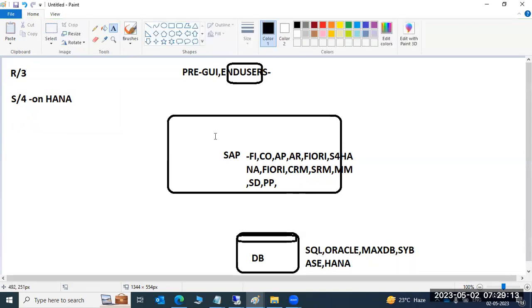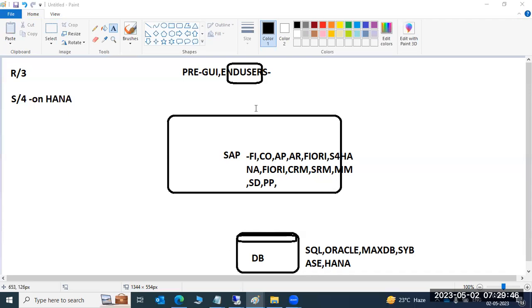That's why, as we are using the SAP application, you have to use the SAP-related database only, which is the HANA database, not SQL or Oracle company databases. So from the database perspective we are using SAP, and from the application perspective we are using SAP. Only from the operating system perspective we use either Windows or non-Windows, which is not related to SAP. Not sure, in the future they may come into this business as well.